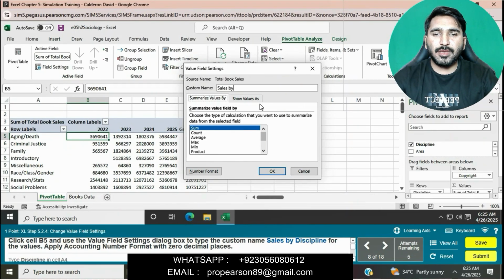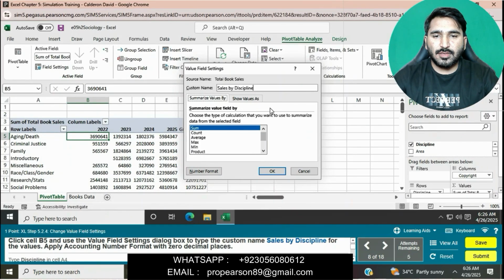Then apply number format with 0 decimal places, accounting number format.